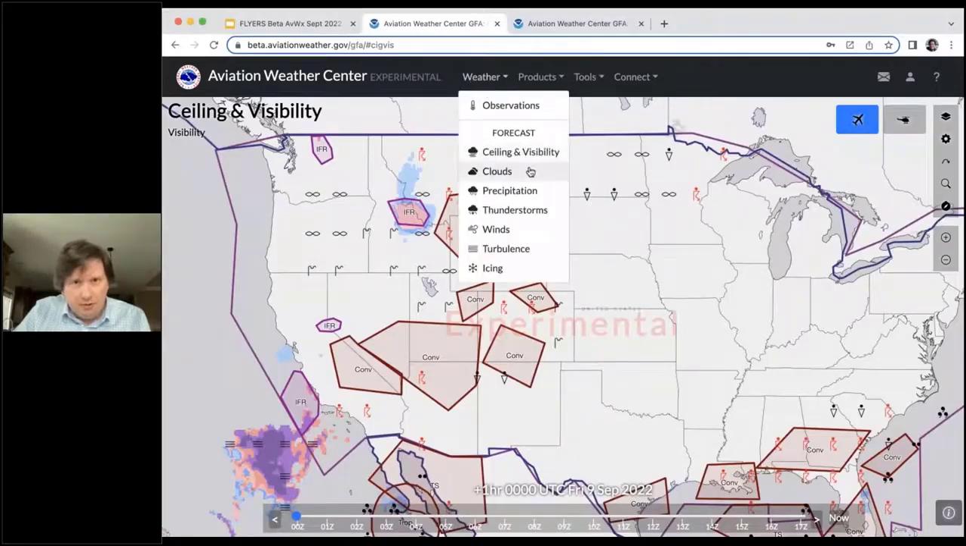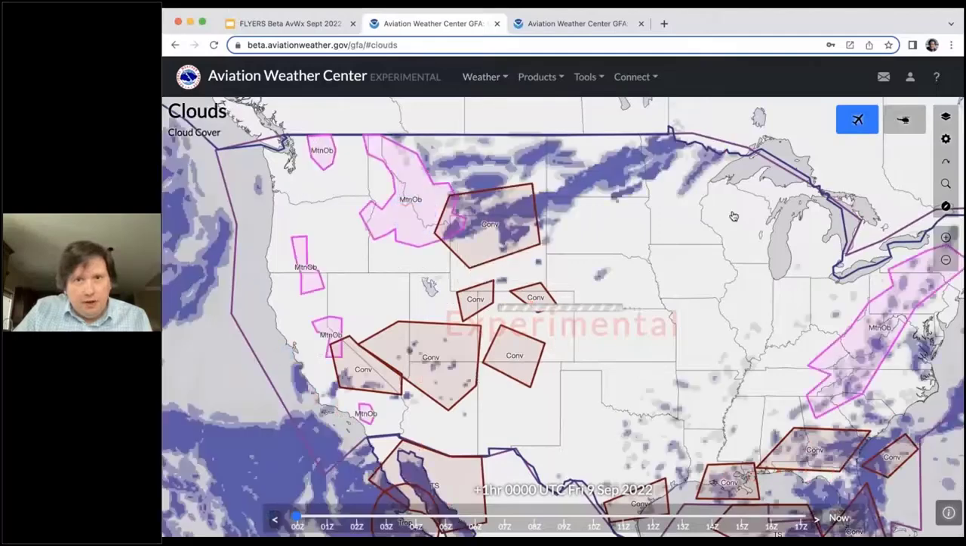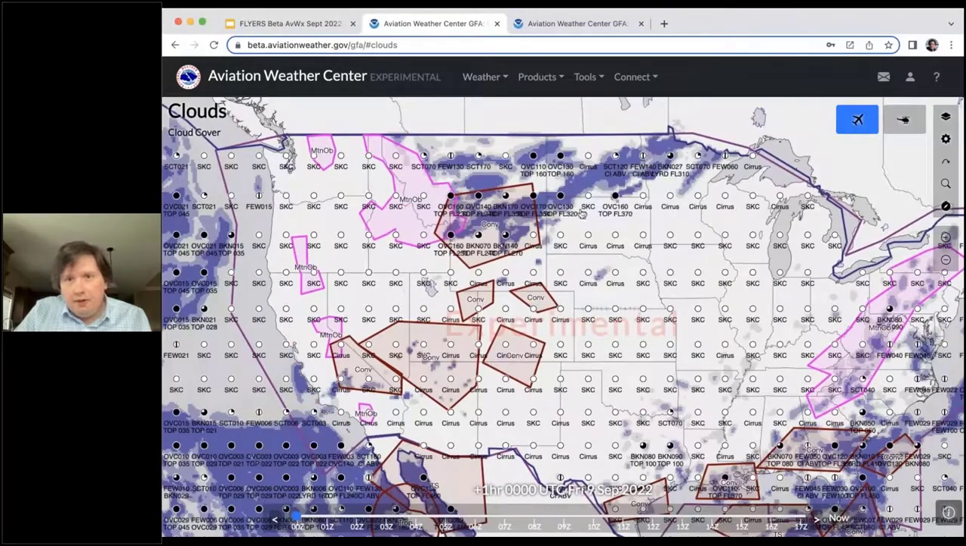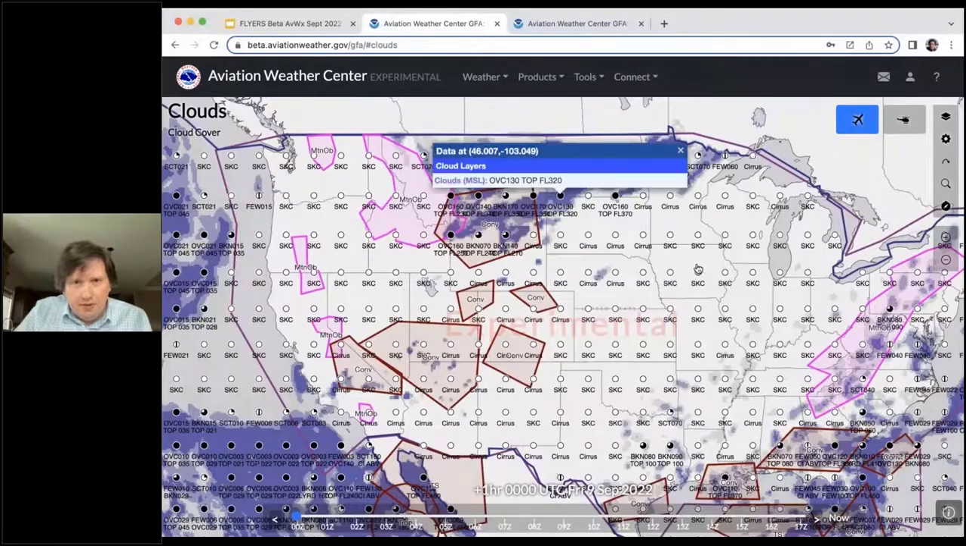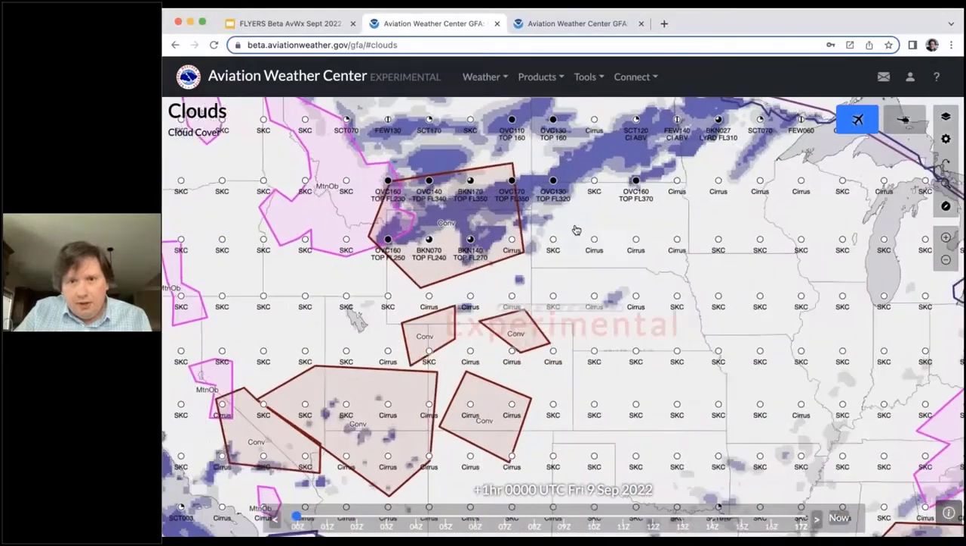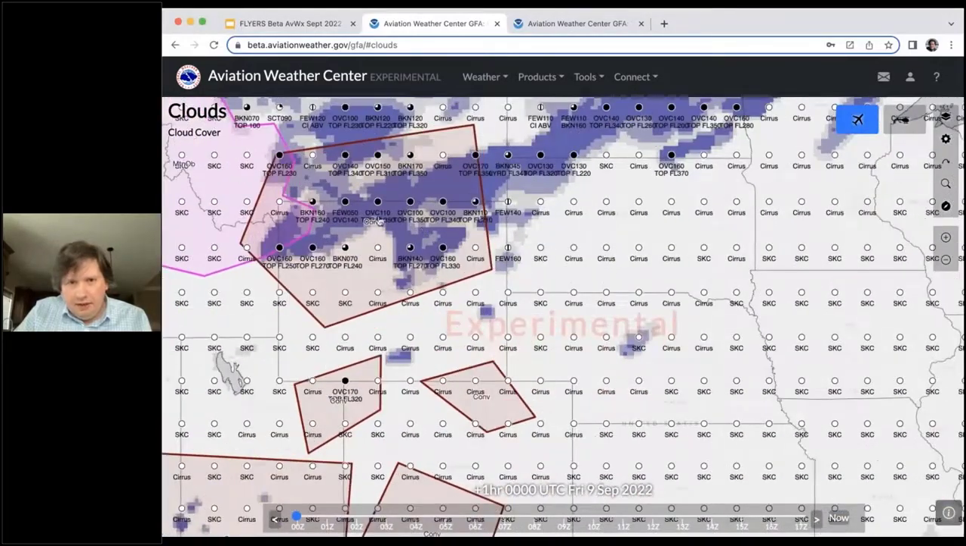So ceiling and visibility is our first one, and then go over to clouds. This offers very much the kind of information that was in the old text area forecast, where we have various cloud bases and tops, as well as the presence of cirrus. If we click on one of these, we'll get a little bit more information, and you can zoom in, and the number of sample points will kind of adjust to the display as you zoom in, so you can get quite a bit more detail down to